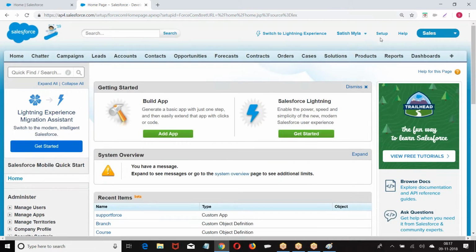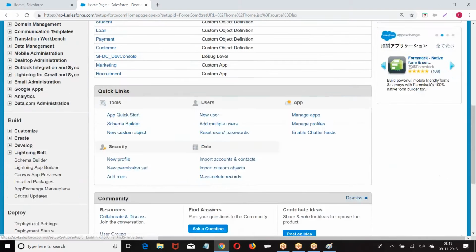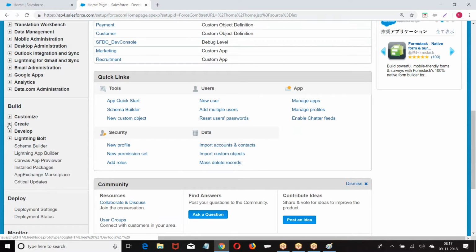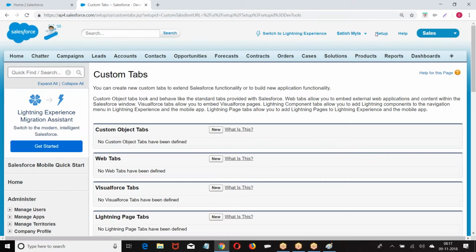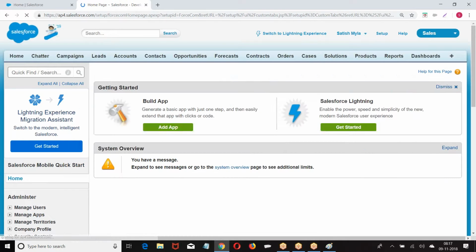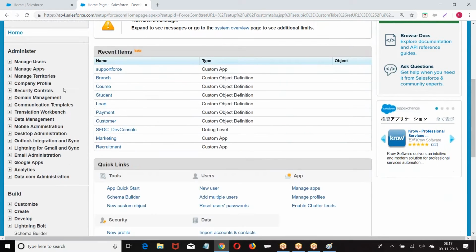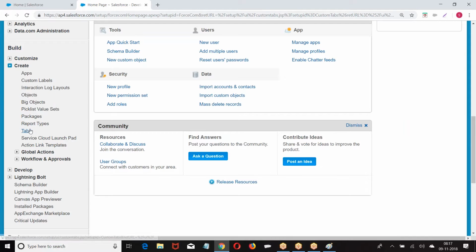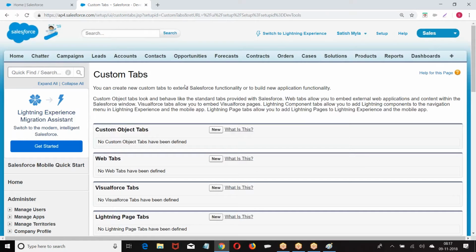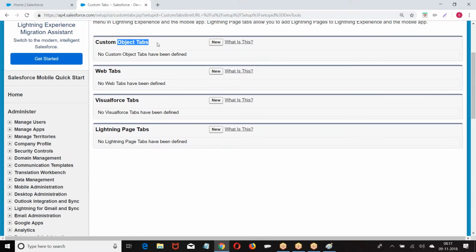Let us understand this. Navigation: Setup, Build, Create, Tabs. What are the tabs?